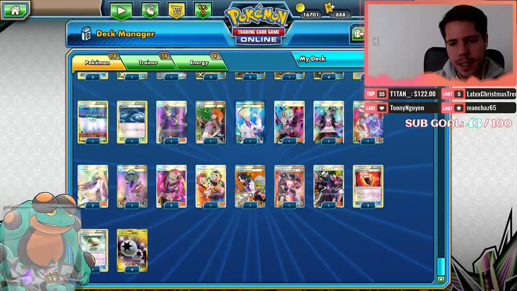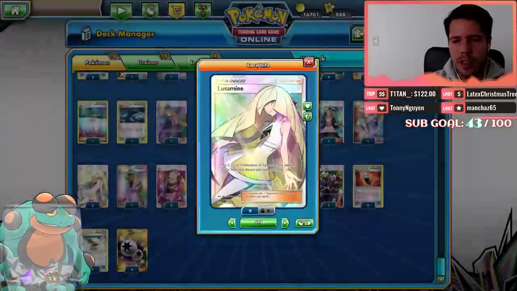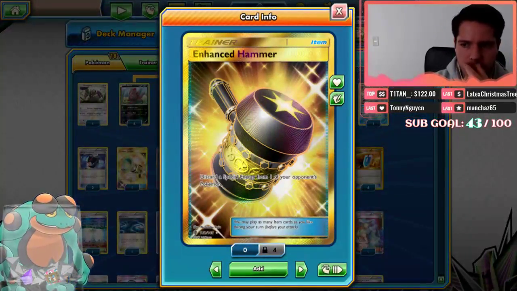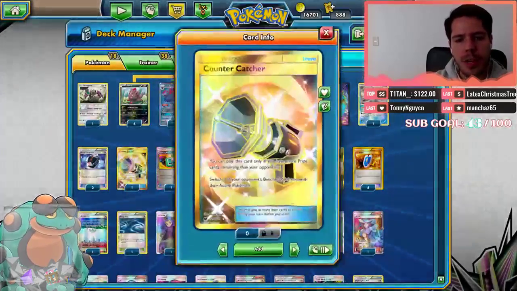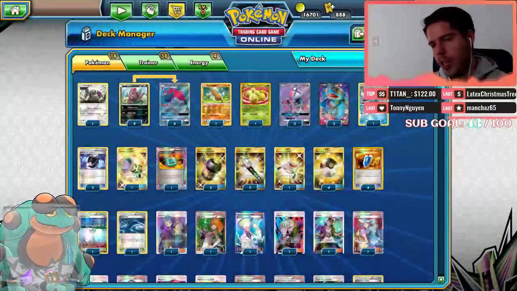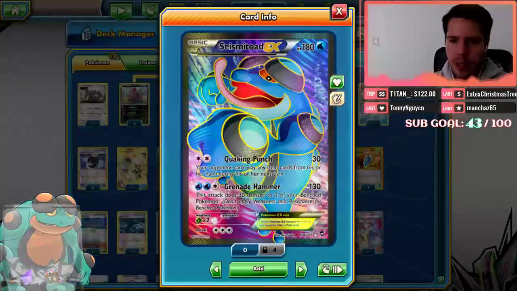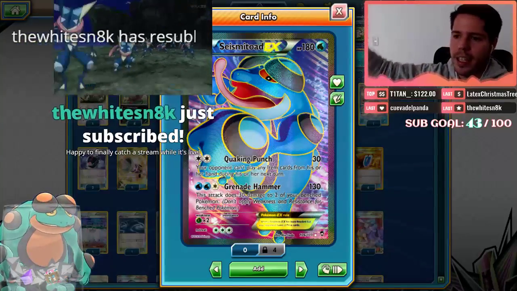And then that's pretty much it, right? We have Plumeria to recycle all of these cards. You also have Verse Seeker. We have triple Enhanced Hammer as well to get rid of all of our opponent's energy eventually. And then we have a Counter Catcher as well to mess with what is active and trap something up there. This is not a perfect lock because Quaking Punch does deal damage, and therefore